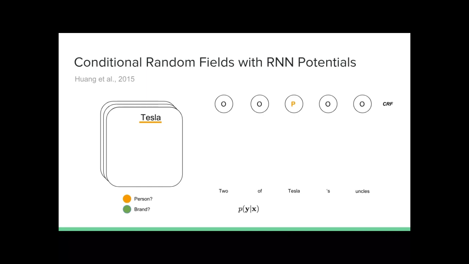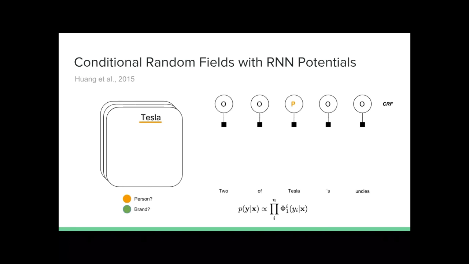Then we have a conditional probability distribution that we try to define, namely P of y given x. And this P of y given x is factorizing into a product of what is called potentials, of small functions that look at pairs or triples of these variables and measure how well they are compatible to each other. So for example, I could look at,